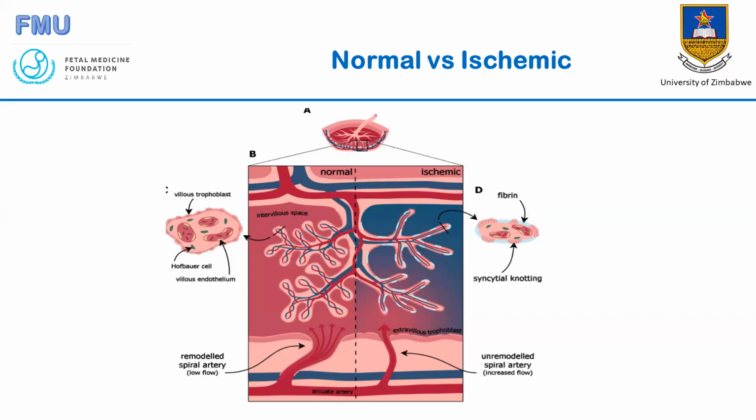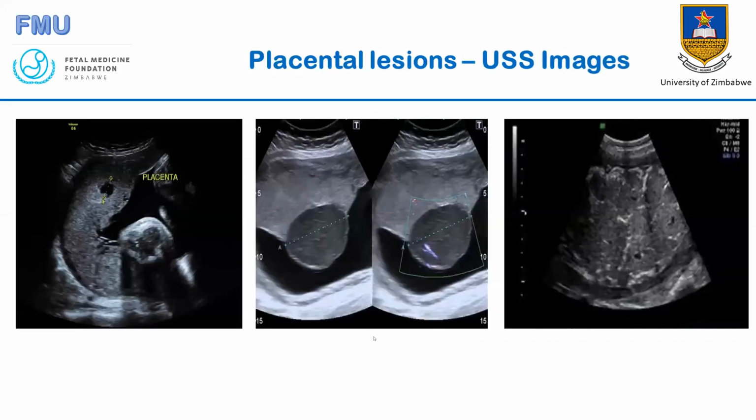I think some of these ultrasound images have already been discussed earlier on. The first one is just showing ischemia. You can see the ischemia there. Then this one is a hematoma. And this one are some calcifications, which will inform our next table, which I'll be discussing, a study which was